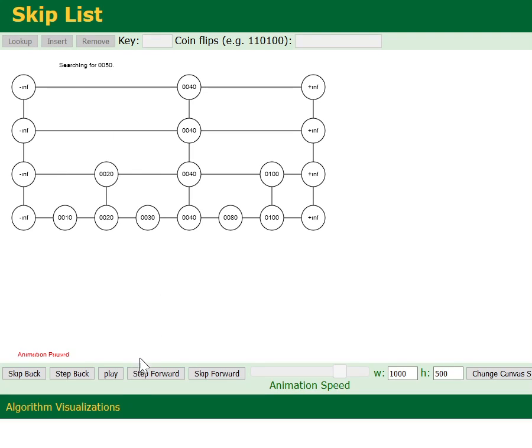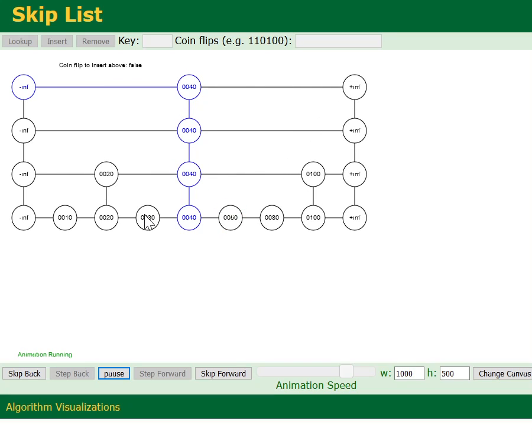Next we're going to do insert 50. So in that case, insert the 50, and the coin flips were just 0. And lastly, we're going to do lookup 80. So found the 80 right there, and so for the lookup,